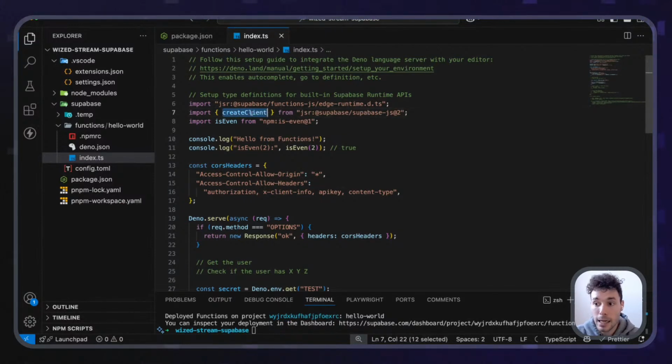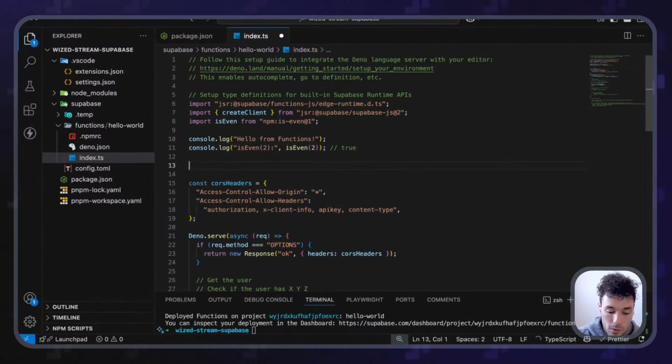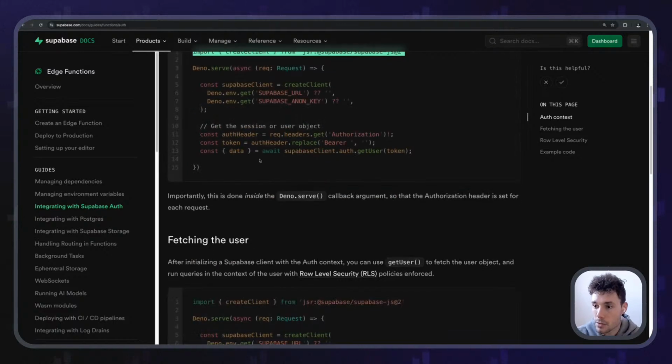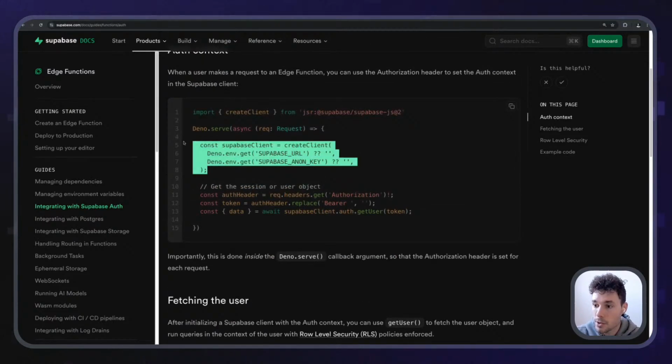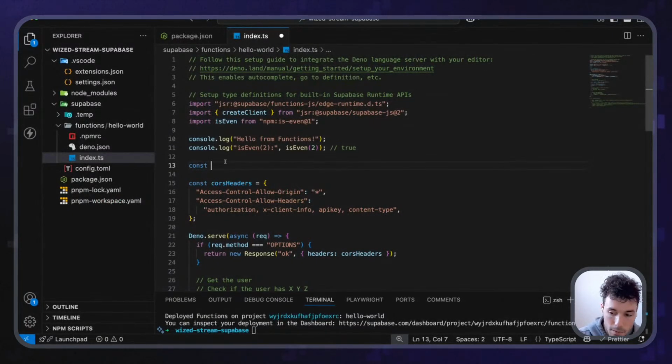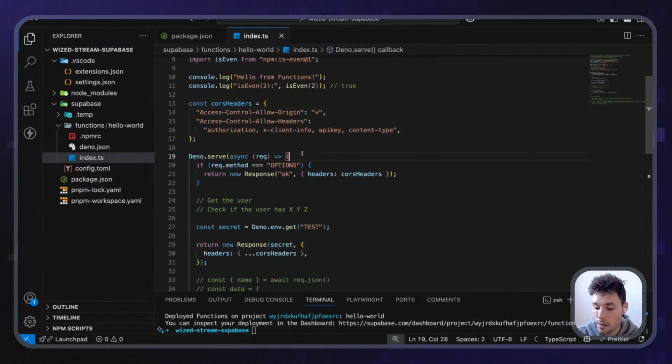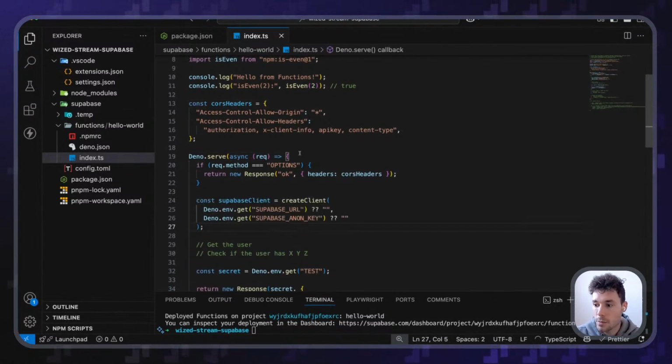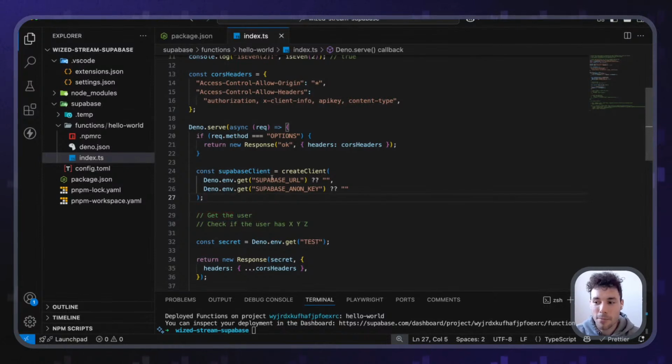And we can call this create client to initialize the Supabase client that allows us to do any kind of operations. So in this case, actually, we can just check from here. We can do Supabase client. And as you can see, the way that we initialize the Supabase client is by getting the Supabase